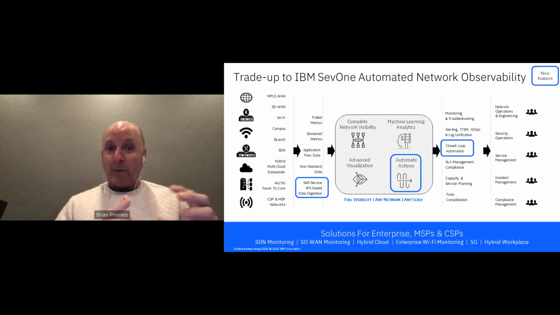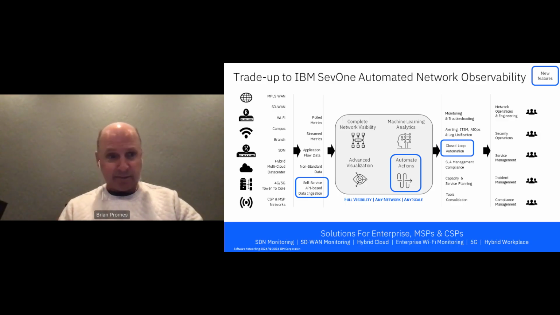This upgrade now brings a handful of very capable and valuable feature sets around automation. So the ability to automate actions, the ability to drive closed loop automation, and the ability to have a self-service API-based data integration. So if there's a new device type, a new set of data you want to bring into the system, and that isn't supported yet by the SevOne team, let's say it's a non-SNMP based system,